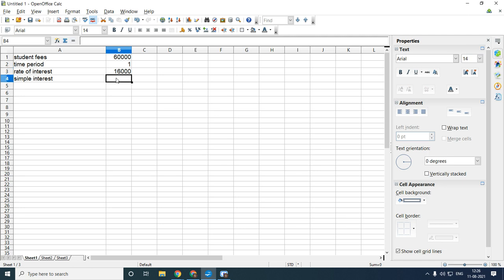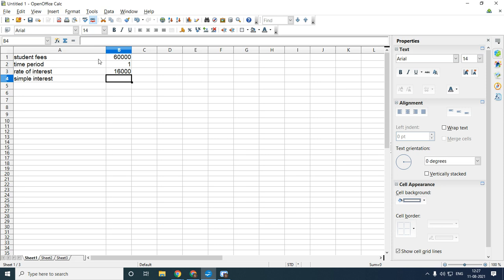Then here we have to find out the simple interest. To find it, we have to write the formula. The formula is equal to, in brackets, we have to write the different cell references. As you know the cell reference, we have to write where the value is present. This student fee is present in the B column and first row, so we write B1.